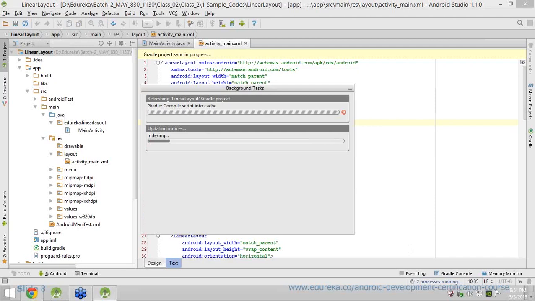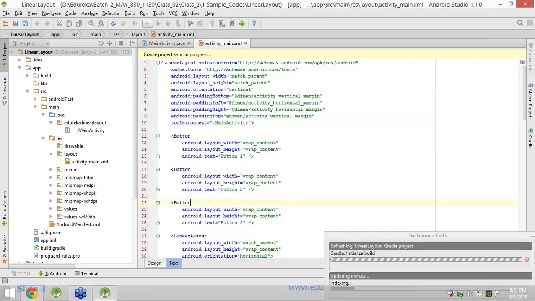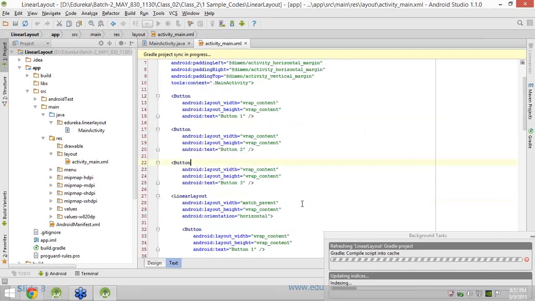So one more thing you have to remember is, you can have layout inside layout. So layout is also one kind of children. Let's say you have created a root layout, which is the vertical layout, and inside that now you want to add one more layout which will have the orientation as horizontal. Okay, so as you can see over here, what is going to happen is my root layout is the vertical